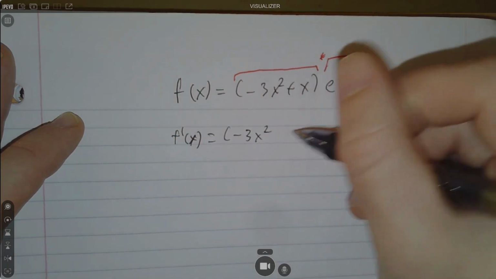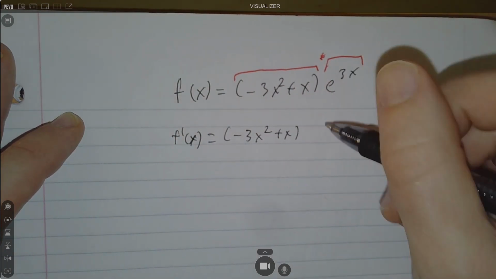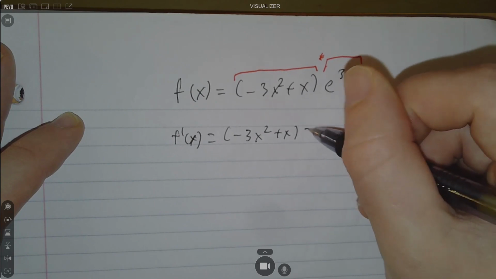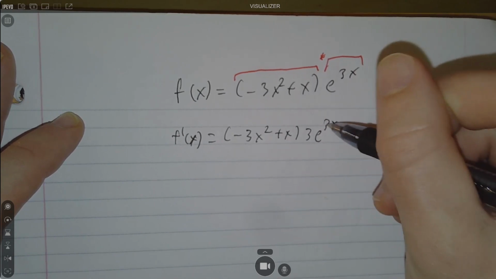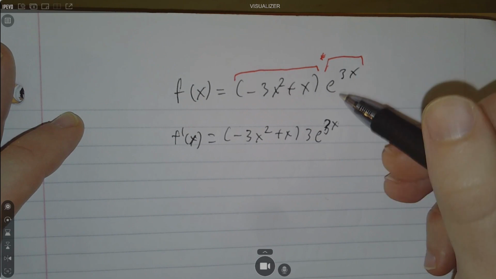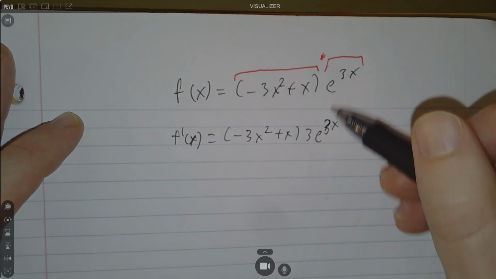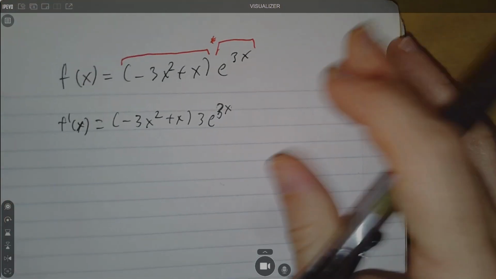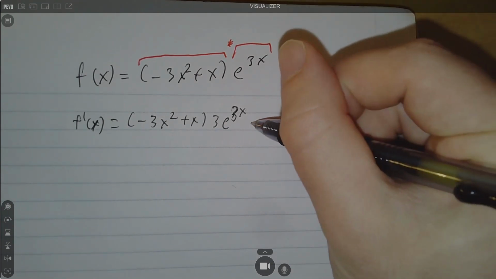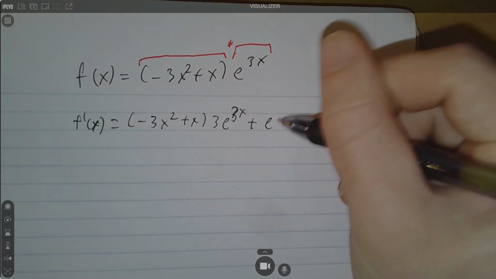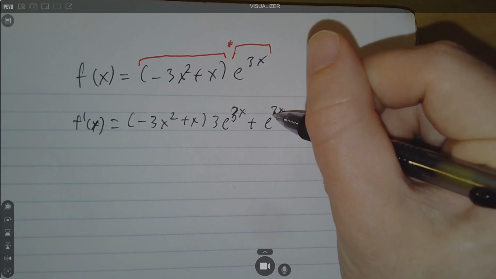-3x squared plus x times d right, 3e to the 3x. Okay, how did I get that? The derivative of e to the 3x is just e to the 3x times the derivative of what's inside, which is 3. So it's 3e to the 3x. Okay, plus right, e to the 3x d left,